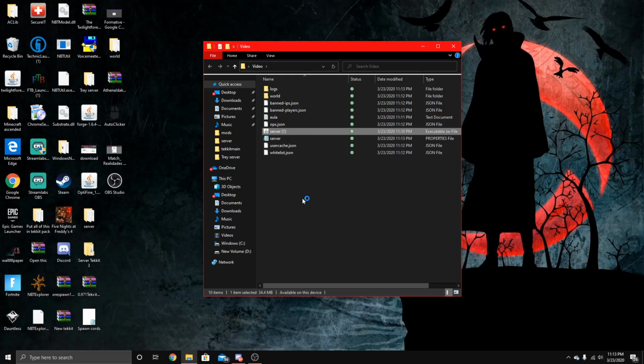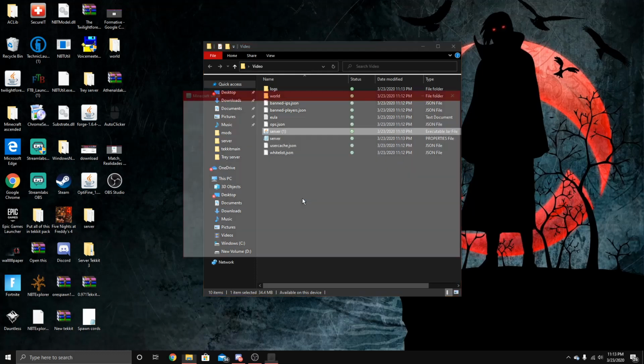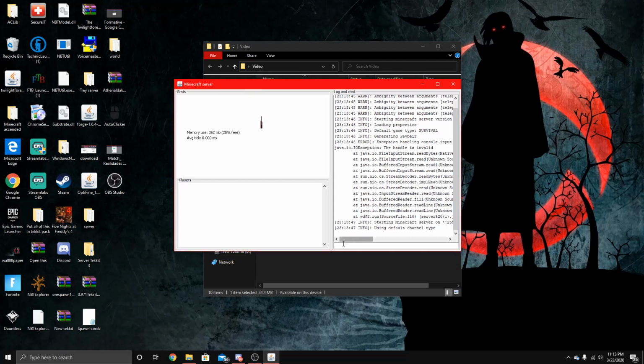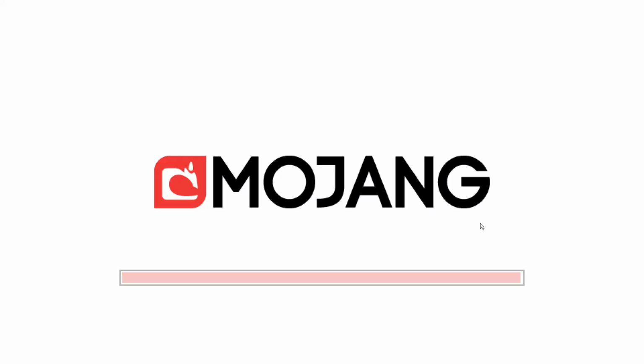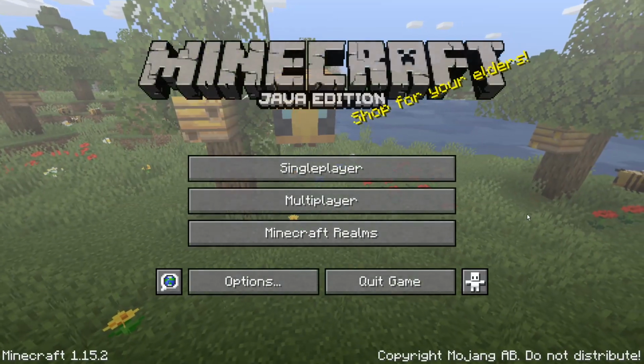And the great thing about this window is it acts as your console. With this, you can type in here anything, like if you wanted to change somebody's game mode, you would just do gamemode, the player, and then creative. Now Minecraft's taking up my whole screen, so we have to wait for it to load. But